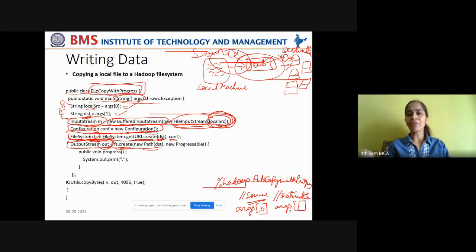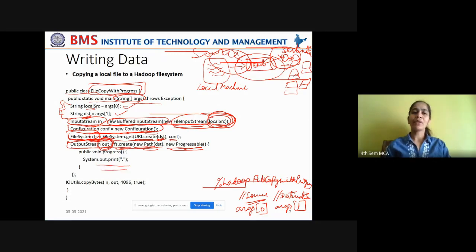Yes, from this side you have connected, but this side also the connection has to be made, right? So you're creating a new path to the destination file. Observe this, you're creating a new path to the destination file and you're creating that file system instance, connecting it to the output stream. And additionally, you're also using the progressible interface. This is direct implementation of progressible interface. Directly you can create an instance of it. How you're doing that? While connecting the file system object to the output stream, you're also creating a new instance of progressible interface. How you're creating it?